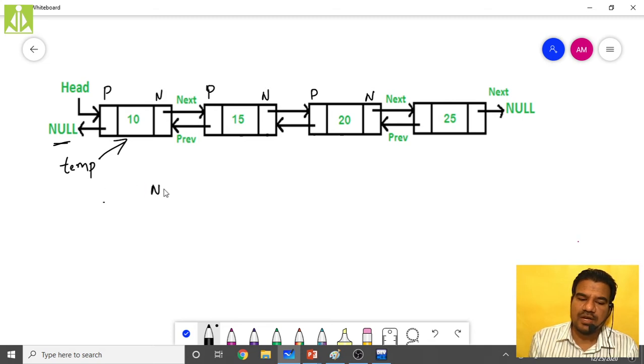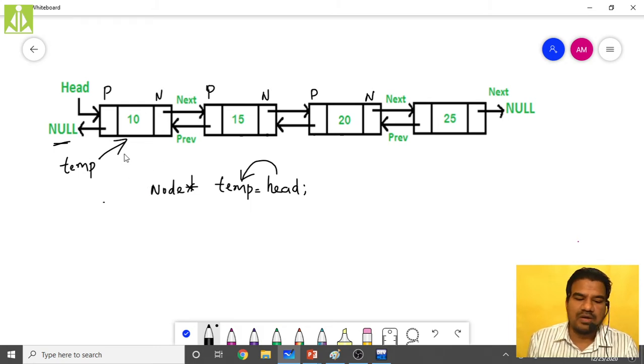Node star temp equals head. If you write this simple code, you will get a temporary pointer and it will point to the first node, because head is pointing to the first node. If you store the content of head inside temp, temp will also point to the first node.